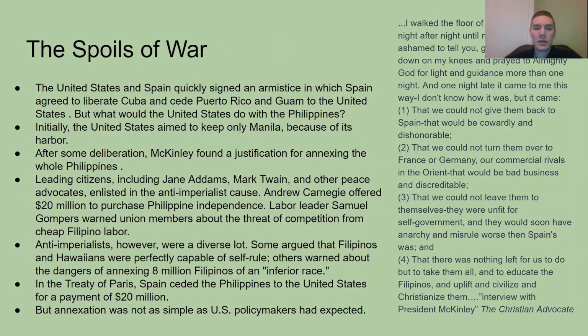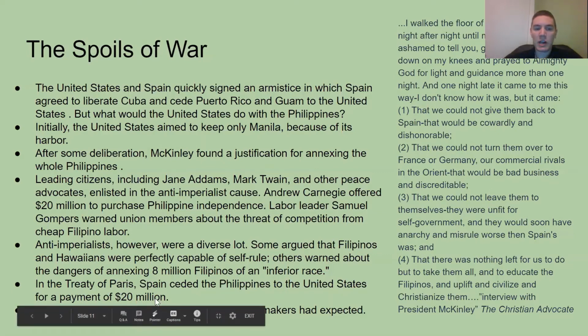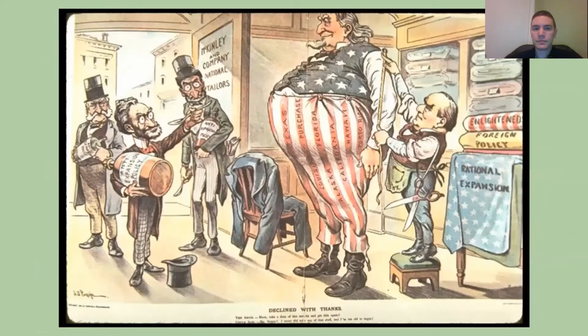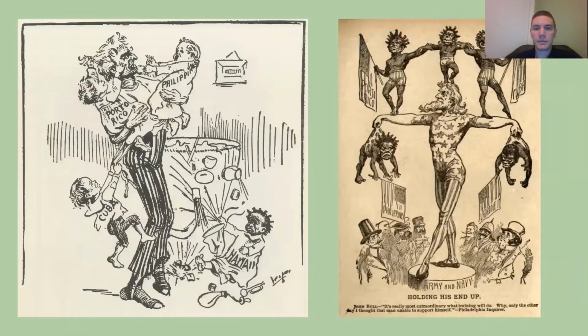Ending the war was the Treaty of Paris. What we need to know from this is that the United States is going to get, you can see it right here, Puerto Rico and Guam. It's also going to get the Philippines. But because the Philippines is worth so much, the United States is also going to pay Spain $20 million. So we get Puerto Rico, Guam, and the Philippines, and Spain gets $20 million. So America's growing.